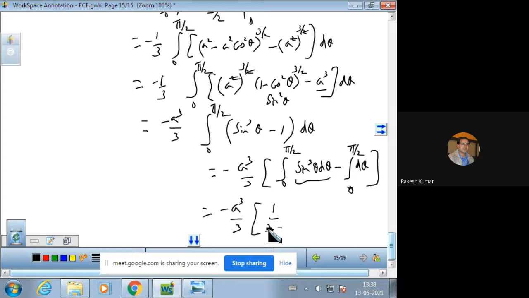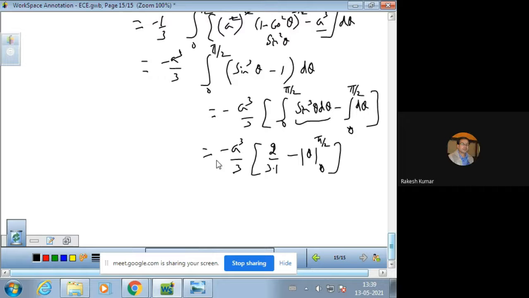So 1 minus 2 upon 3 into 1. And no need to multiply it with pi by 2, which we would do if r were even. So integration of d theta will be theta within the limits 0 to pi by 2. Now you will have minus a cube over 3, that is 2 by 3 minus pi by 2. So a cube over